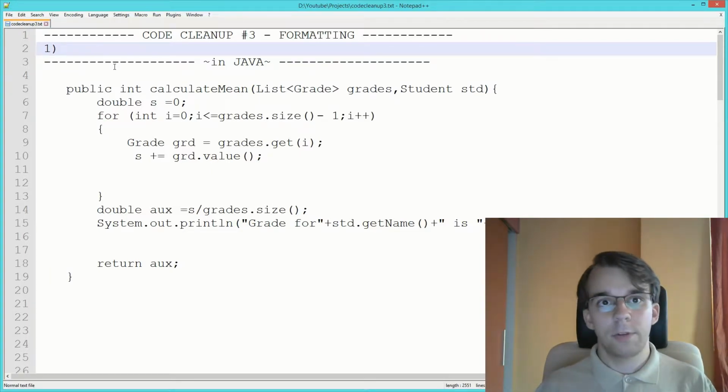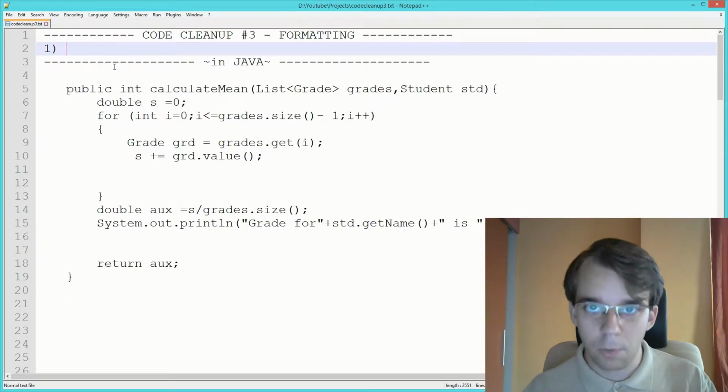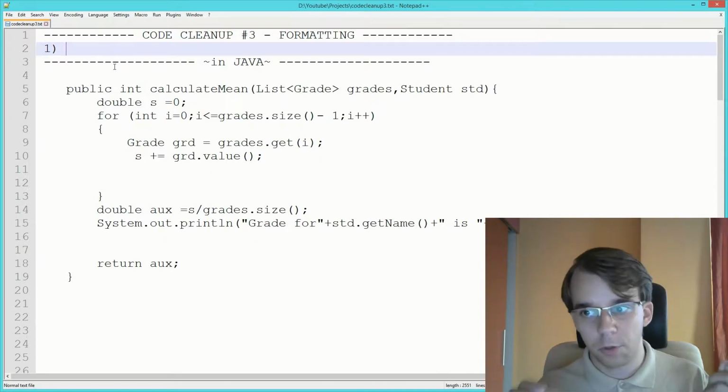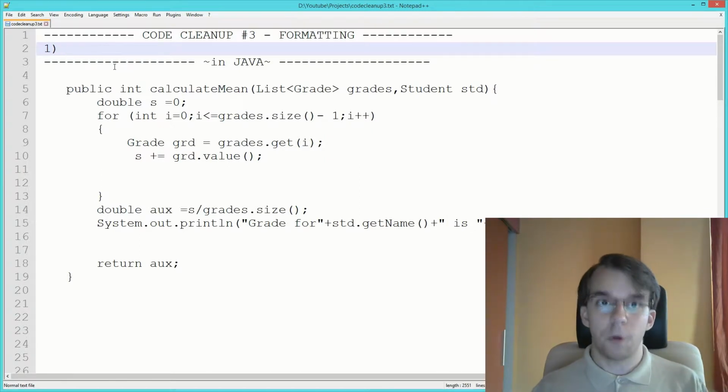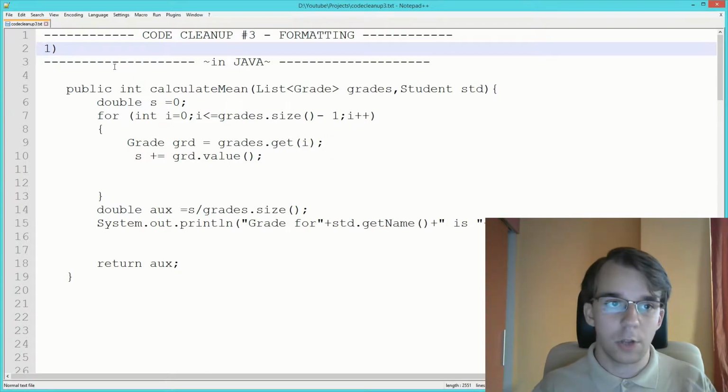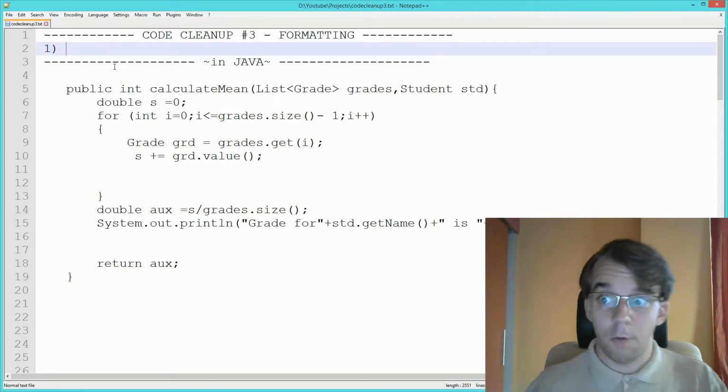Today we're going to talk about something that makes reading your code much faster. So far we want to talk about stuff that makes it easier. Today we're going to talk about formatting your code and how you can do it. Here are 3 tips to help you do this. So first tip,